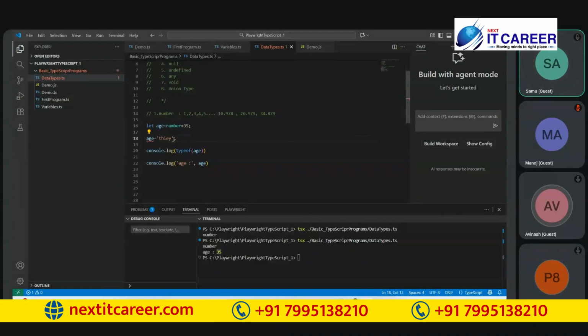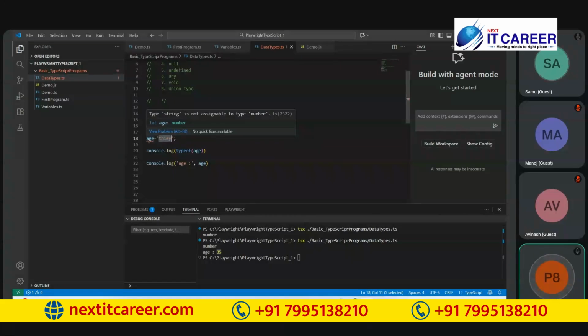Please repeat again. When you assign a string, a boolean, or any other value to a variable of number data type, it is going to throw an error like this before running the program. It means it is a compile time error.